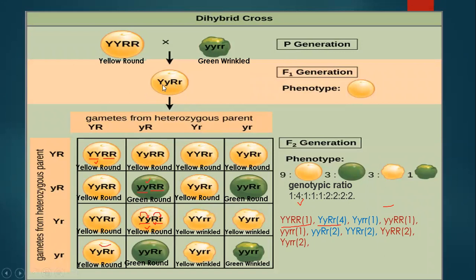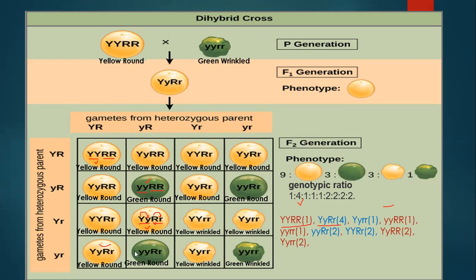And if these alleles are independent of the separation of the alleles of the other pair, then in that case you will end up with this ratio 9:3:3:1. If they are not segregating, if yellow is always combined with this capital R and it is not getting removed, then in that case you will not end up with this ratio.